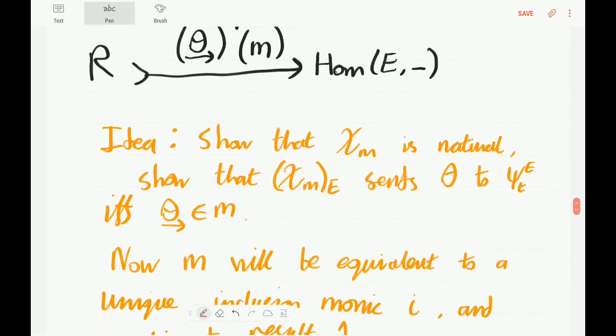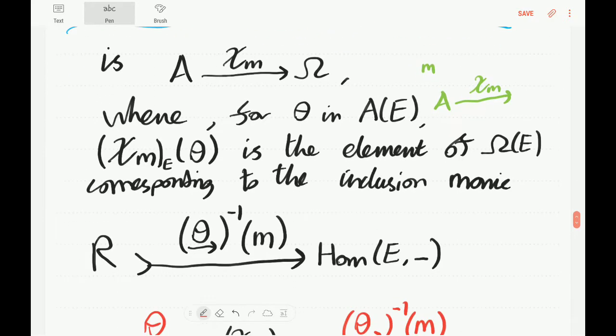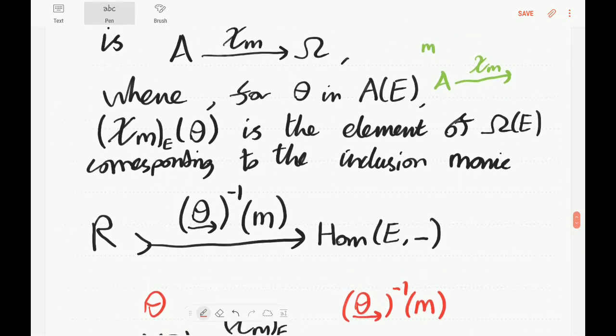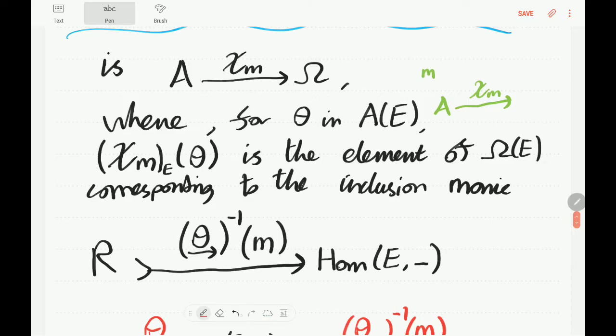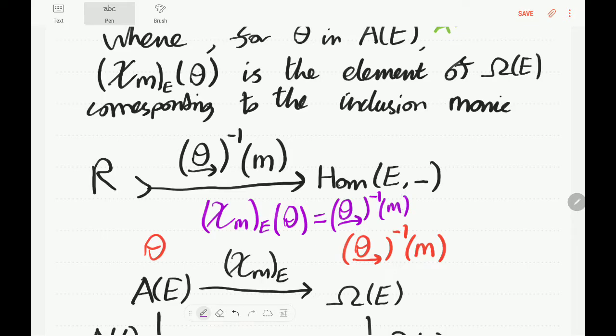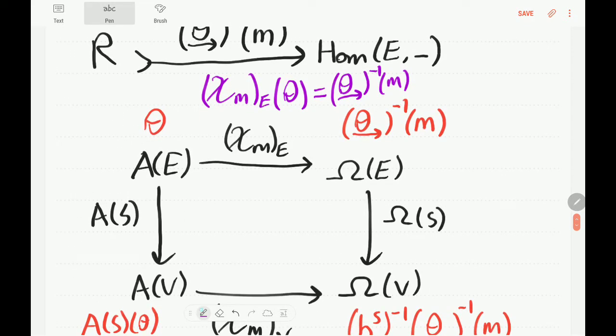Okay, so how can we see this? Well, I mean, basically what we want to do is we want to be defining the E-th component. I mean, we're trying to make the classifying arrow and we're trying to argue it does what it's supposed to do. So the first thing we want to do is to show that this thing is actually an arrow in set to the power of C. We want to show that it's natural. So why is it natural? Well, you see how it's defined. The E-th component of chi M